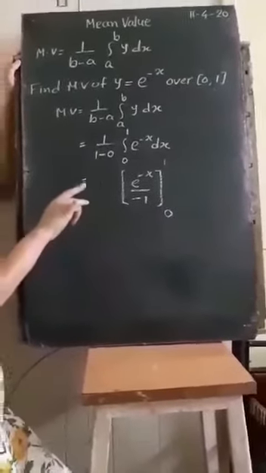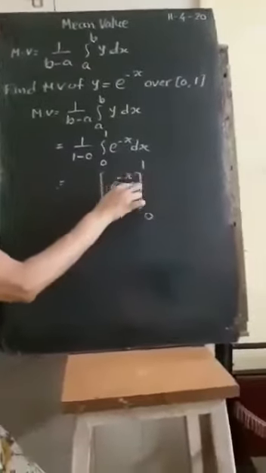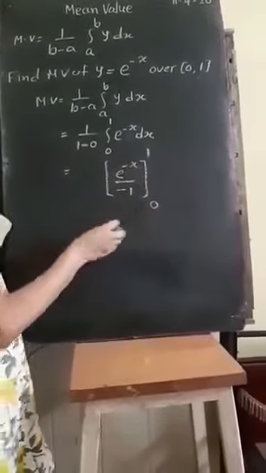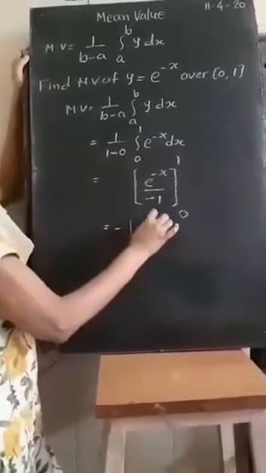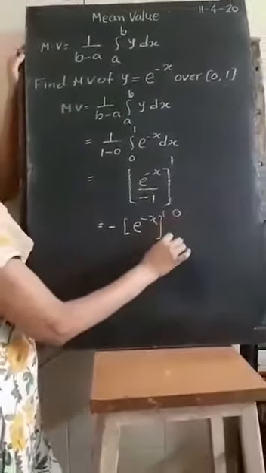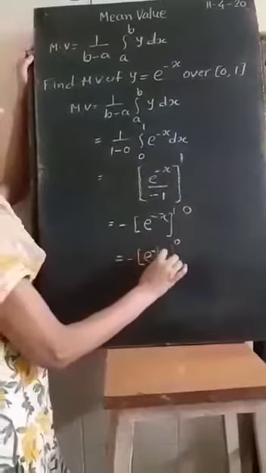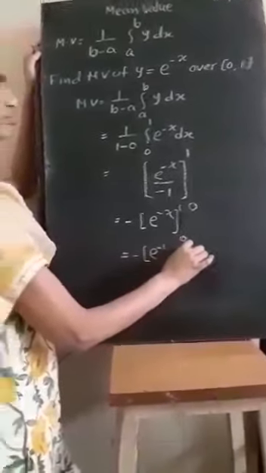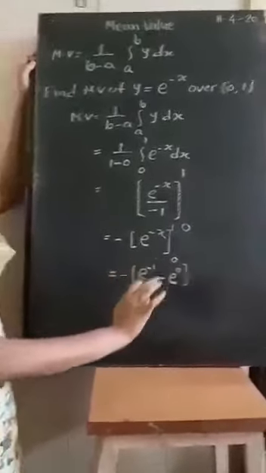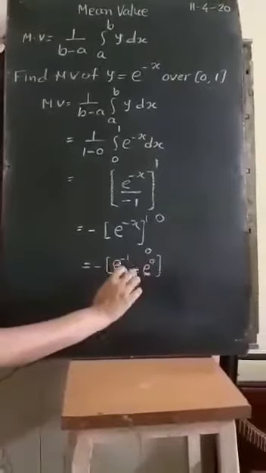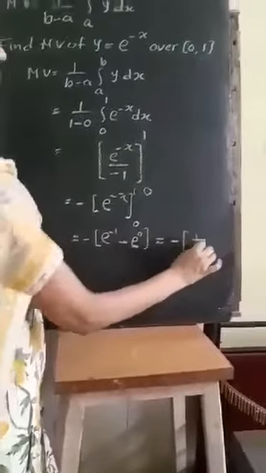In definite integral, what we do is, after getting the answer, we substitute the upper value in place of x minus lower value. So answer will be this minus sign. If you want, you can take outside. E raised to minus x, 1, 0. So it will be minus of e raised to minus 1 minus e raised to 0. Minus 0 and plus 0 is one and the same. So it is e raised to 0. What is e raised to 0? Is 1.